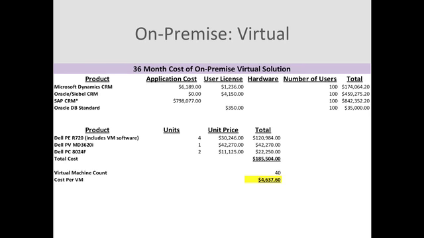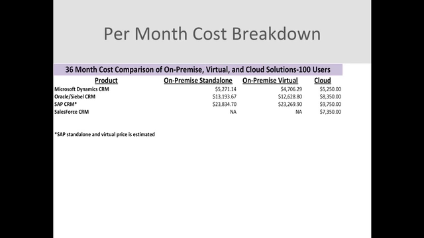But the main thing here is your virtualization. You can typically save quite a bit of money if you were implementing more than one application. Maybe you had some redundancy or different things like that, where you needed multiple servers, multiple databases, multiple application servers. You're going to save almost $8,000 per server by going virtual.